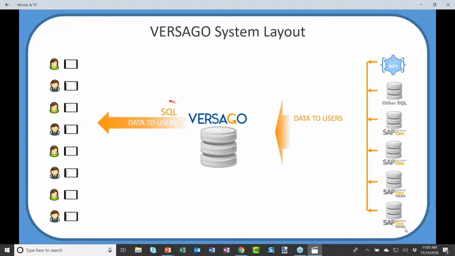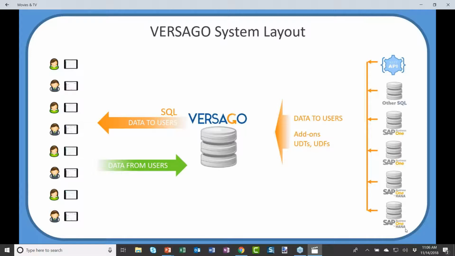Data available to end users is acquired via SQL queries configured in Versago. Versago can also call and present Crystal reports. When functioning as a portal to SAP Business One, Versago can access any data, including tables and fields associated with add-ons and user-defined fields. End users submit data securely via forms, like any website, which is stored initially in the